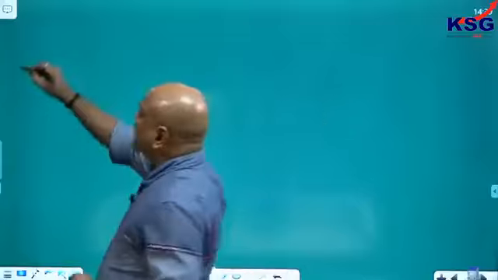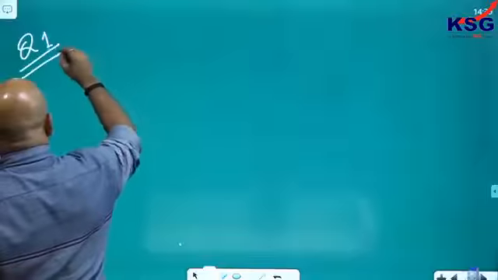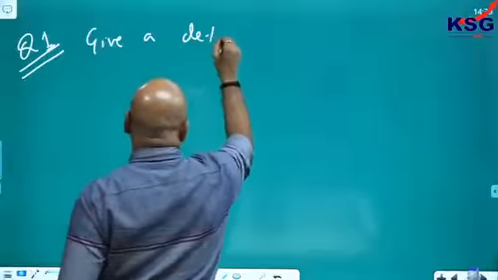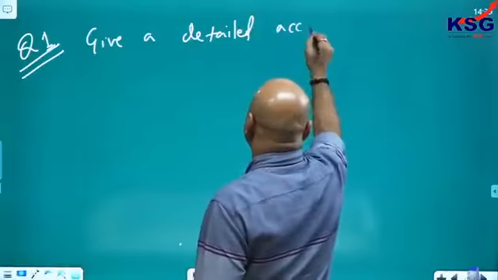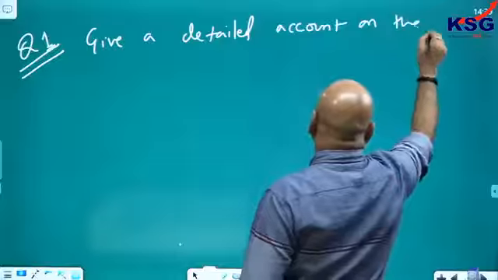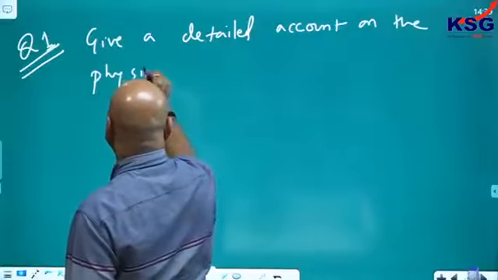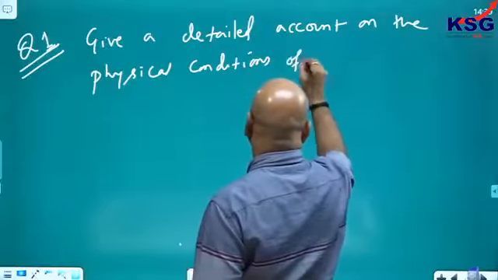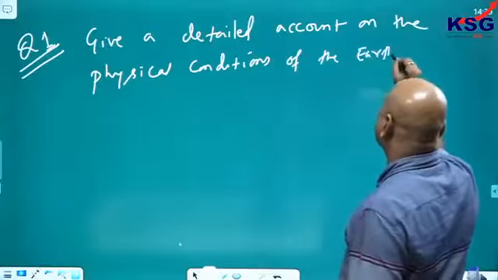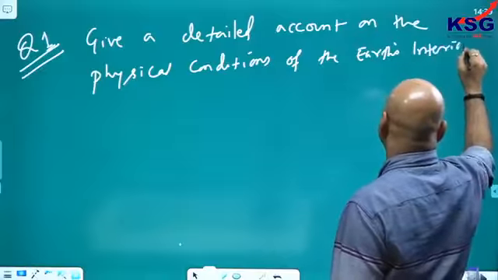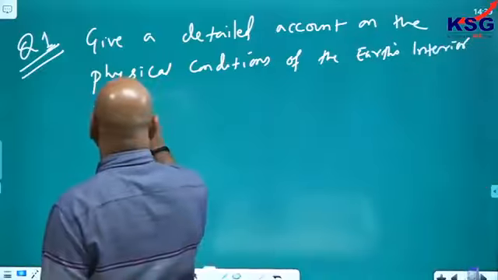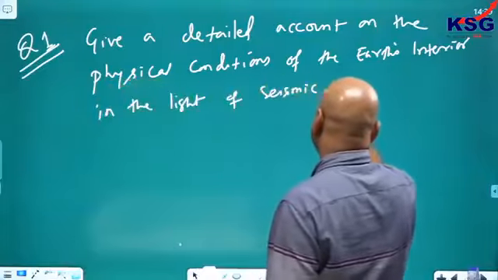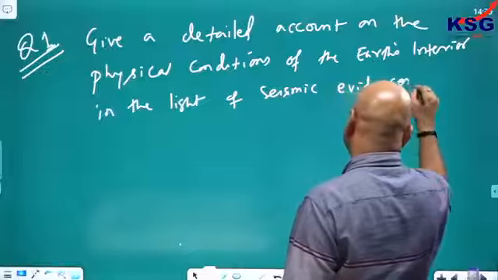In the mains exam, the first assignment I am giving you is question number 1: Give a detailed account on the physical conditions of the Earth's interior in the light of seismic evidences. 12 marks,